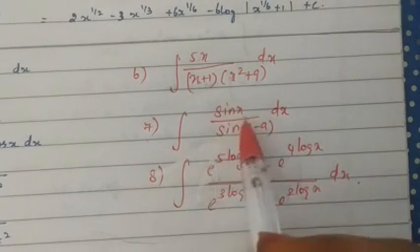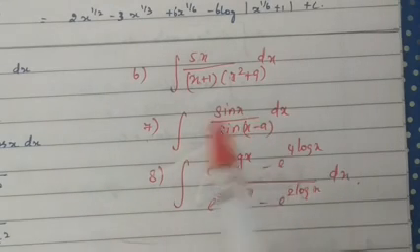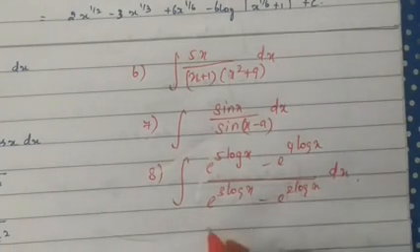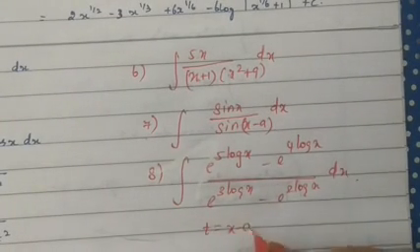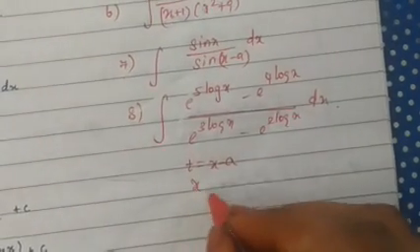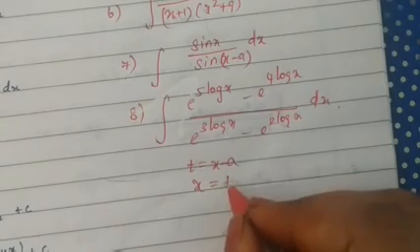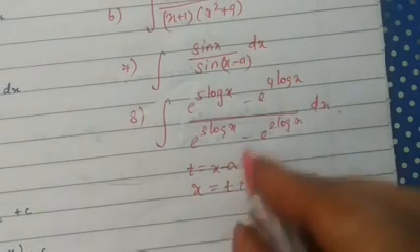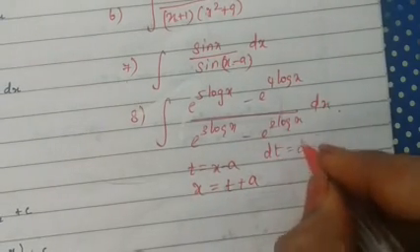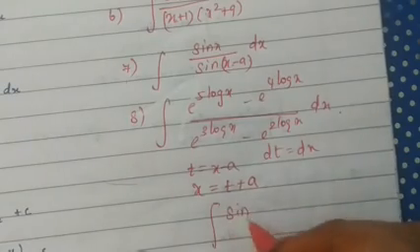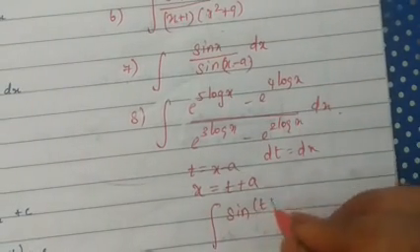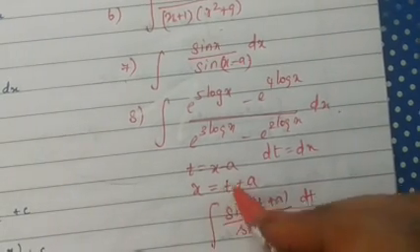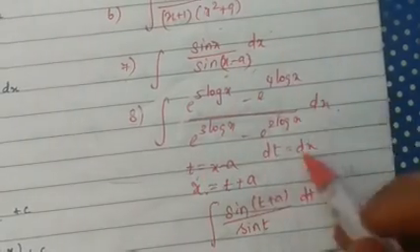Seventh question, integral of sin x divided by sin of x minus a into dx. Just go through an example sum. Here you will take t equal to x minus a. Now, what will be the x value from this? Bring this a to this side, so x is t plus a. This x minus a we are taking to be t. Now differentiate, dt will be dx. When you apply it here, in the place of x you substitute t plus a, so sin of t plus a divided by sin t into dx. You are applying the x value here, x minus a to be t and dx to be dt.